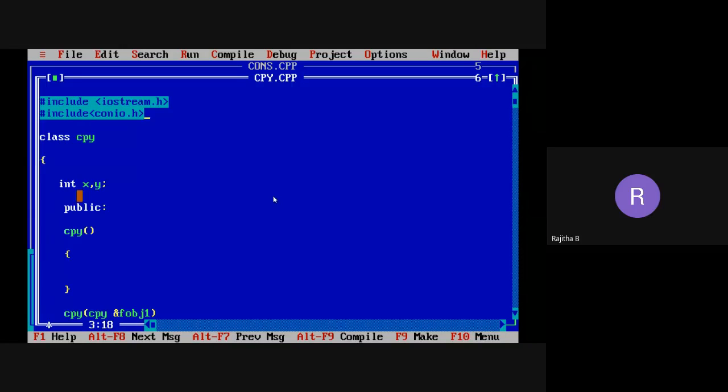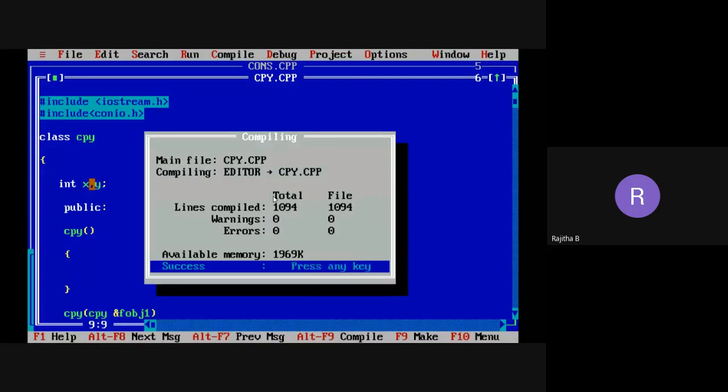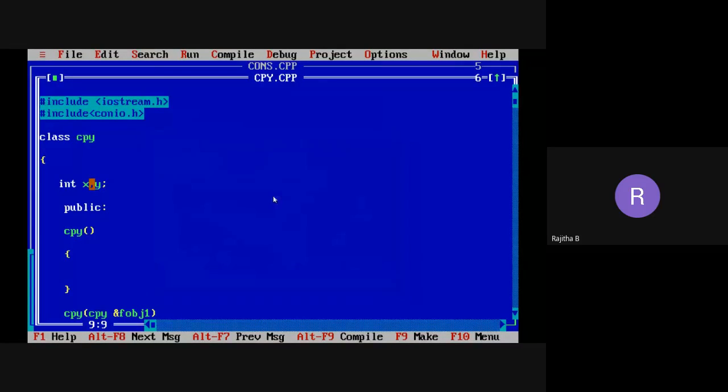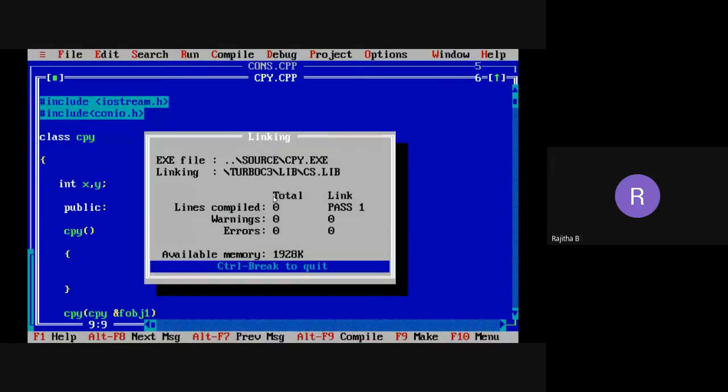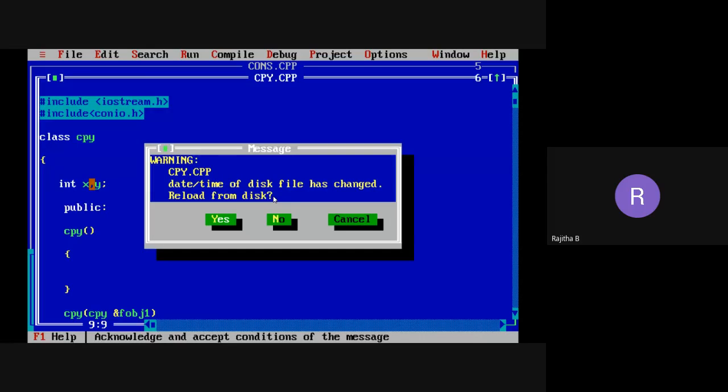Now I'm going to compile the program. Okay, now we do not have any errors or warnings also. Now simply run the program. Is my screen visible to everyone? Yes, ma'am. Now it is asking to enter the values. We need to enter the two values here, 10 and 20. Now you can see that OBJ1 values are 10, 20 and OBJ2 values are also 10 and 20. So you are getting the same values in OBJ1 and OBJ2. So this is the program of the copy constructor.